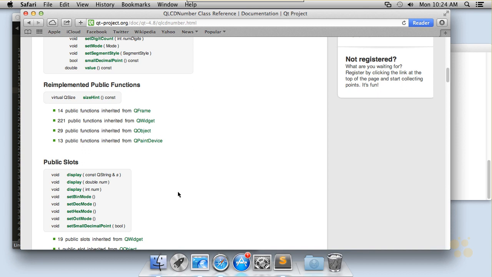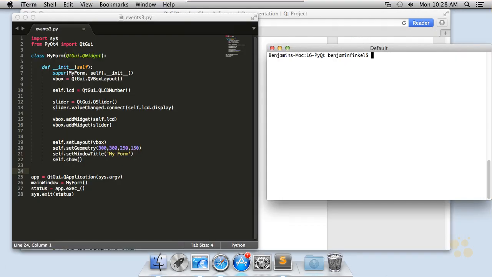For instance, let's update an LCD number with a slider. Check this out. Here I've simplified my code dramatically. All I've got is a little QLCDNumber and a QSlider object, and I connect to the valueChanged signal on my slider, and I pass it a handle to the slot from the LCD object that I just saw inside of my documentation, in this case display. I happen to know from looking at the valueChanged documentation that valueChanged is going to pass an integer in. So when I run this code,